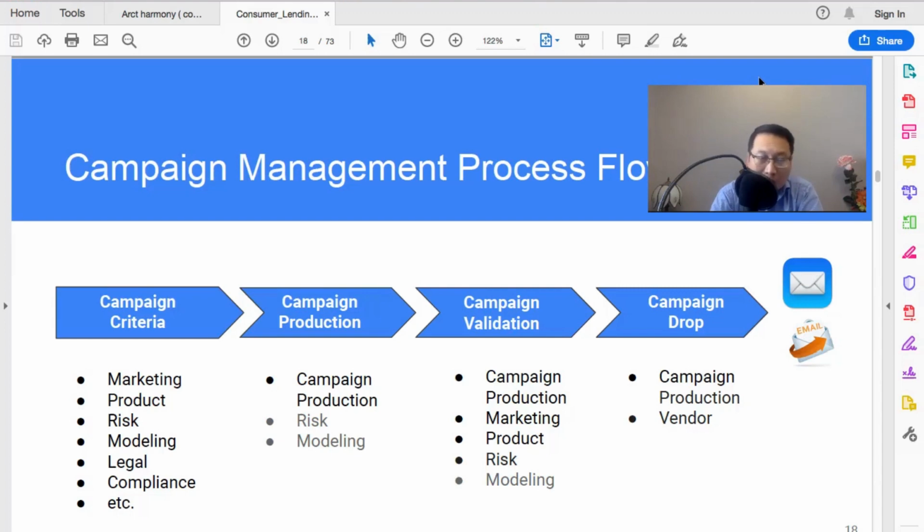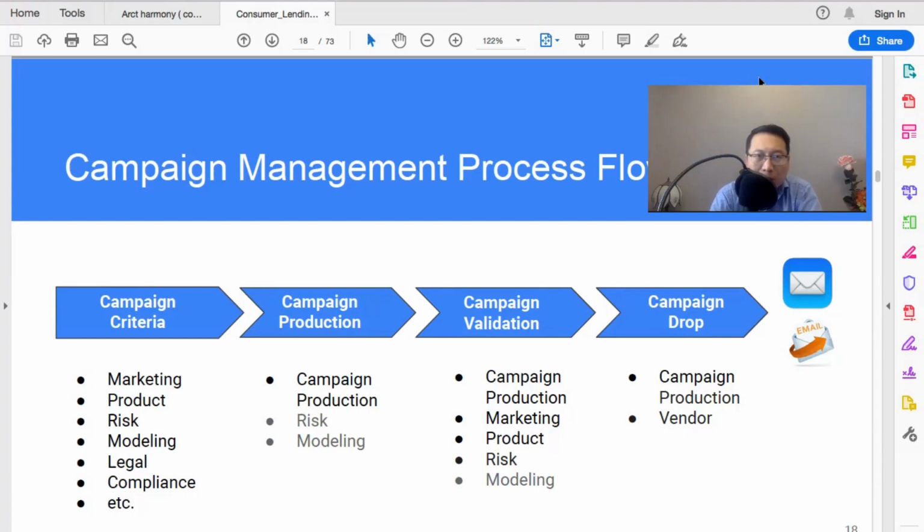Then the campaign production team will filter down the list further. If the modeling team develops a model, a score for example, and that score is not available to the campaign production team in a given data warehouse environment, again, the modeling team has to deliver that file to campaign production. So there's some file transfer, depending on where the organization is in terms of the data environment and maturity of different campaign programs.